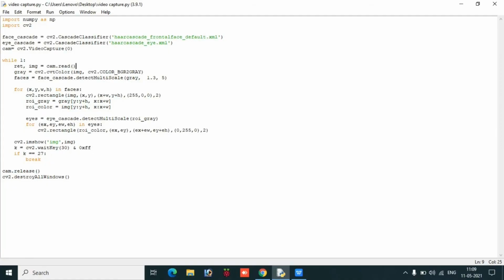So here we come to the coding part. Here we are going to use the NumPy and CV2 libraries. Cascade files are used here to detect the frontal face and eyes. Here the output from the camera is read and converted from a color image to a gray image. As any kind of image processing needs gray format, it is converted into a gray image. Then the face and eyes will be detected, as the dimension and color of the box is given here, and from here we are going to get the final output.